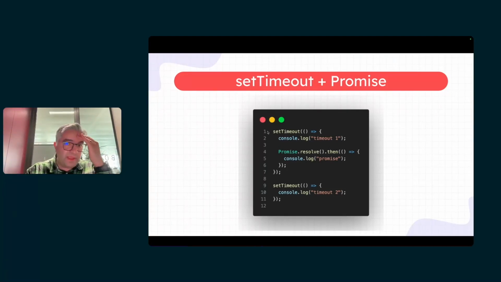So in this case, what do we have? We have two set timeouts without any duration, 0 milliseconds. So it means that inside our task queue would be two items, timer 1 and timer 2. Since it is a queue, first in, first out, right? Timer 1 comes first. So we are going to run set timeout timer 1 first, so line 2, timer 1 would be logged.